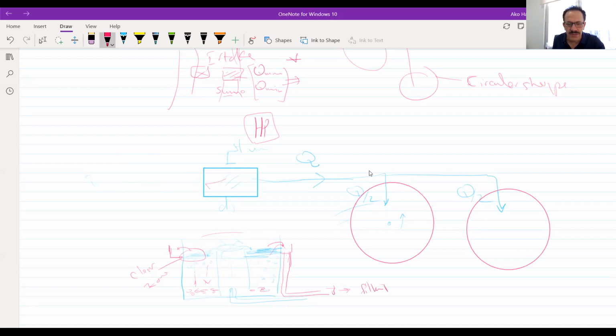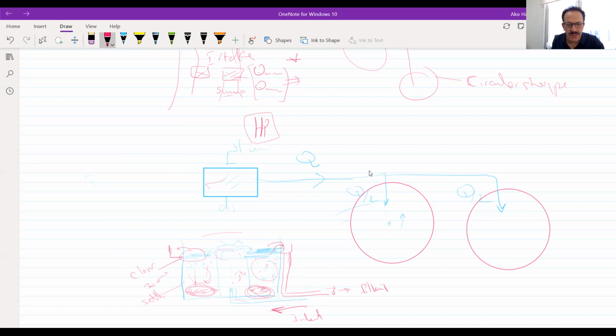So the procedure is that the water is coming this way, inlet, and the inlet has sediment particles inside it, which will be collected. This is called the inlet zone, and this is the settling zone. All the particles will settle here.